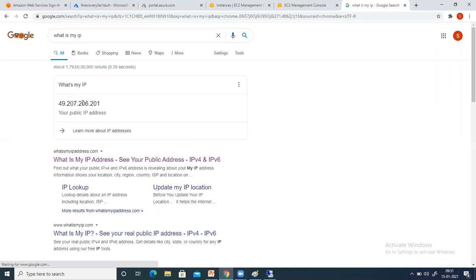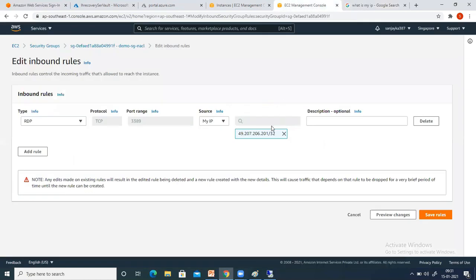The last two octets are 206 and 201. If I select My IP, it means only from my IP address will I be able to take the RDP session of this EC2 instance. If you try to do it from your laptop, it will be denied, because only one laptop, one IP address, is allowed in this case.